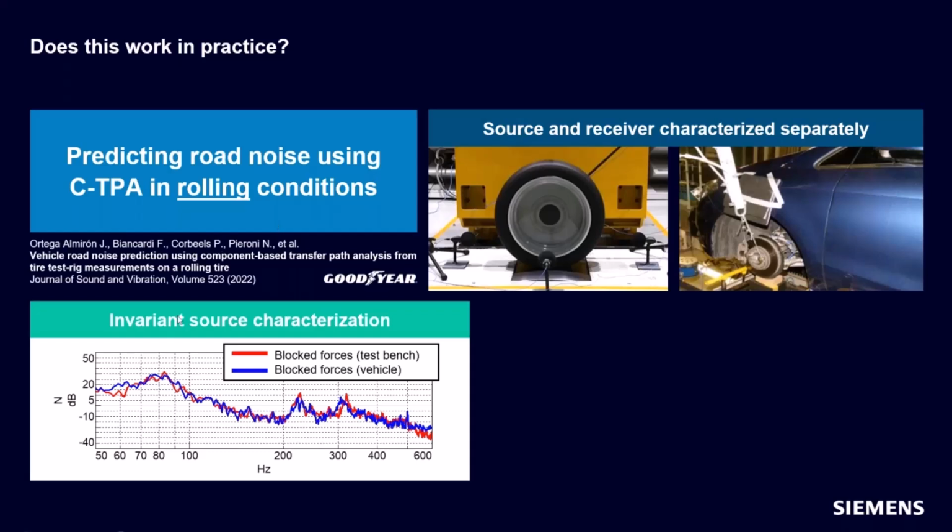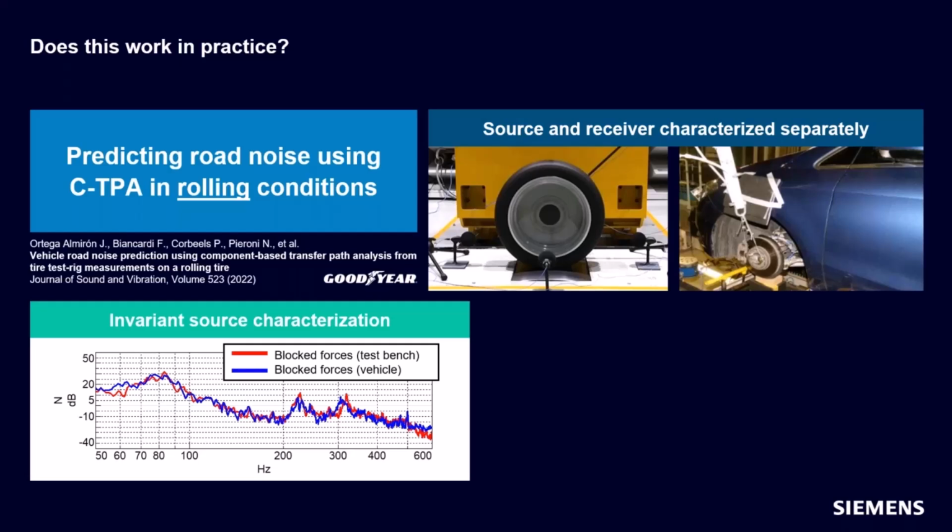This invariant source characterization of the tire and wheel, these are these things called blocked forces, where we can calculate them either on a test bench or on a vehicle. We have multiple techniques. We're not going to talk too much about that today. But the idea of an invariant force or a blocked force is that it's the same. It's an inherent characteristic of the component itself. It does not matter what you're hooking it up to or how you're installing it. It is its inherent source capability.